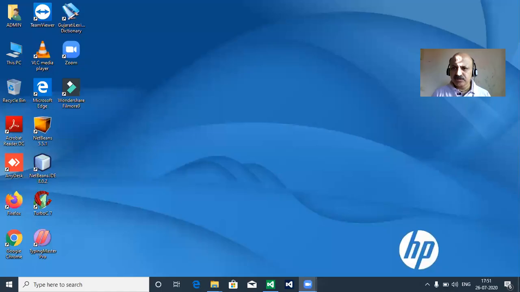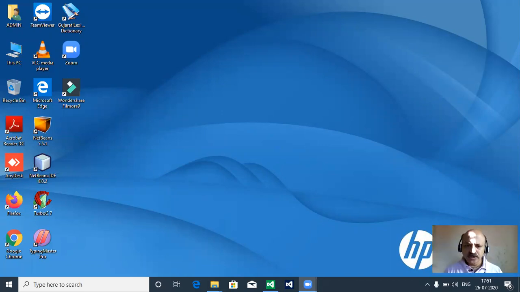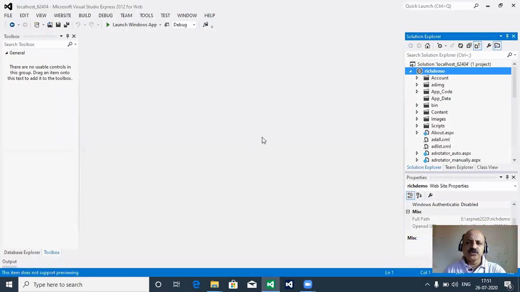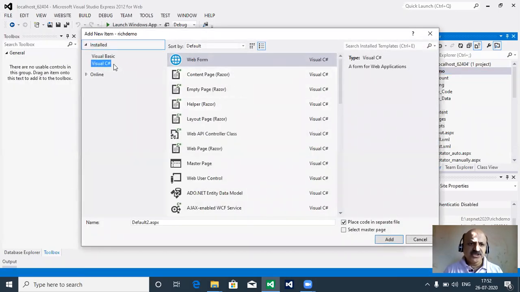In this session, we learn the wizard control in ASP.NET with C Sharp. So let us start. First, I share my laptop screen. Okay, here Microsoft Visual Studio Express Edition is open. In the File menu, take New File, and here C Sharp is selected. Web Form file is there, and here I just give the name of the file, wizard,